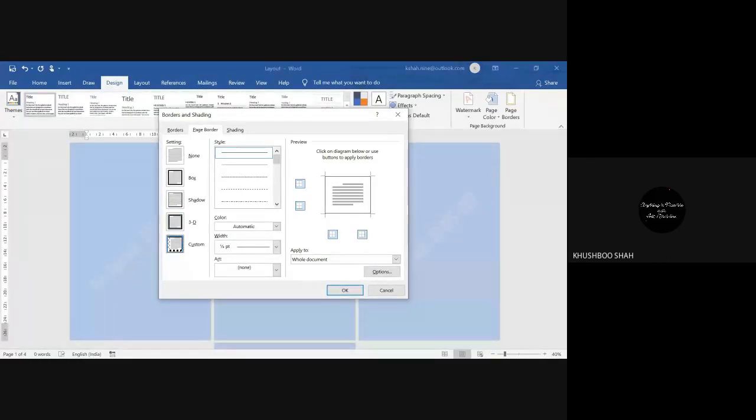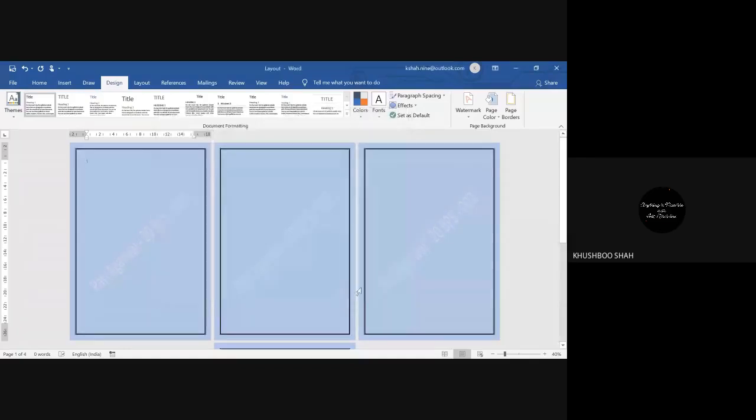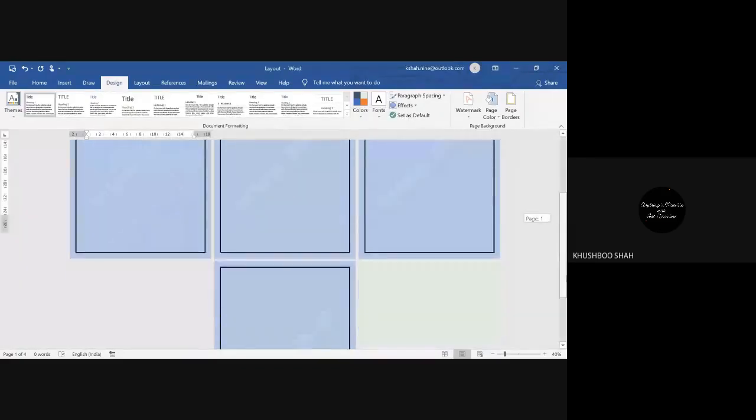First I'm choosing the box. After selecting the setting, you can select the style, what type of border you want. Let's say I'm choosing this, for example. Okay, so my page will look like this. On each and every page you'll get the border.